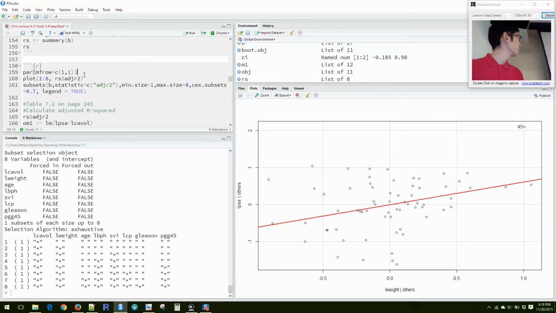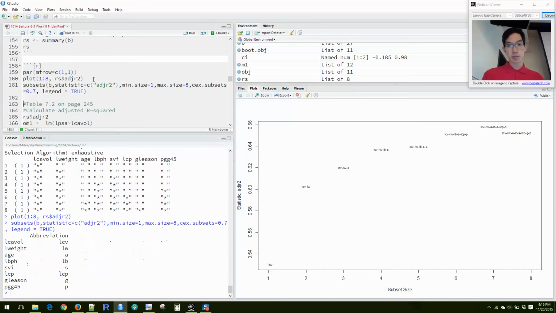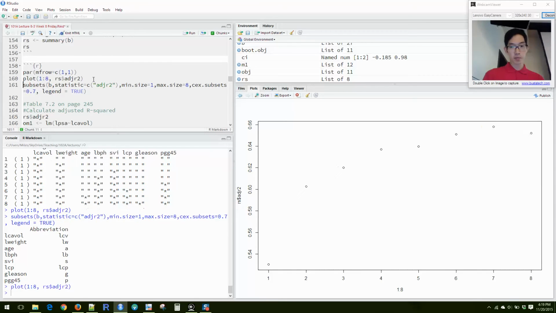So we can plot how the adjusted R squared changes as we increase the number of factors. Okay, and so it seems like it keeps increasing. The jump from 4 to 5 is not significant, but it seems like it maxes out as far as adjusted R squared goes. It maxes out when we include 7 factors, and the addition of the 8th one decreases our adjusted R squared. Okay,